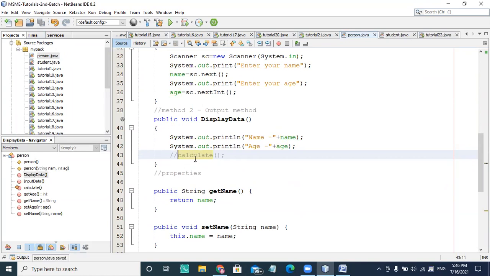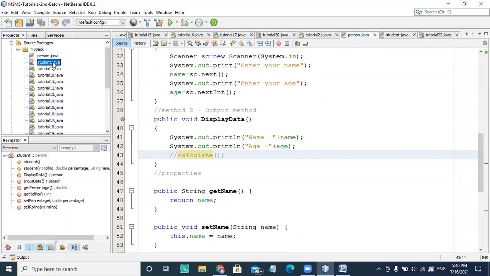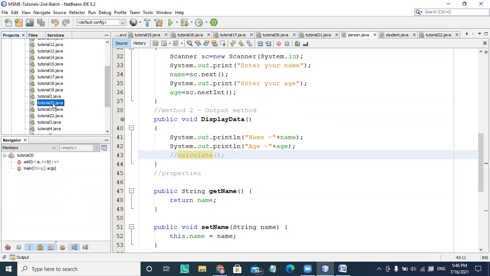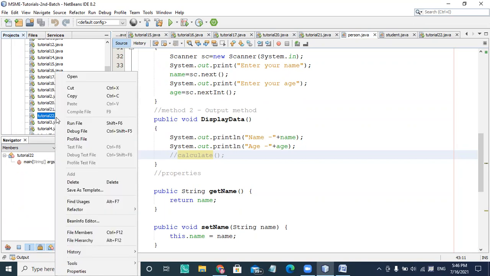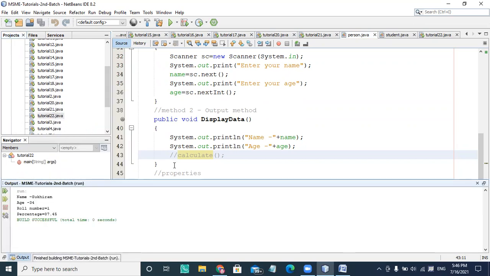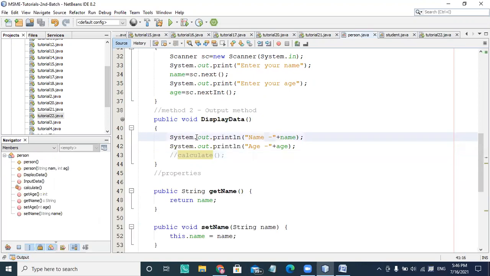It is treated as a comment, so it will not take part in the compilation process. Instead of deleting, I'm just commenting this method. So look at this: Sukhiram, age 34, roll number 1, 87.45.